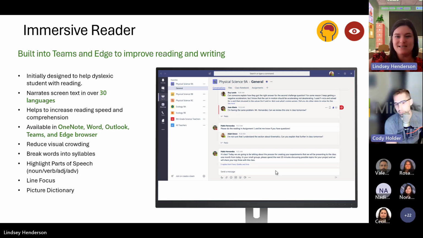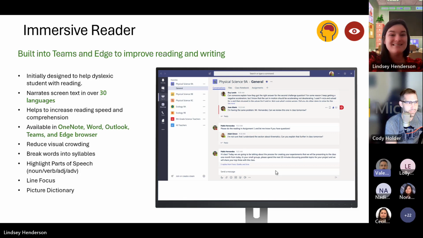We got a couple of yeses. Awesome. Our instructional technology department is trying to roll it out specifically this year. We have a few people who have used it, but we're going to be focusing on Immersive Coach and Immersive Reader, and hopefully learn a little bit about Math Coach as well. Yeah, absolutely. Thanks for that background.